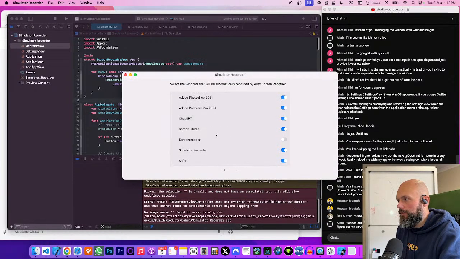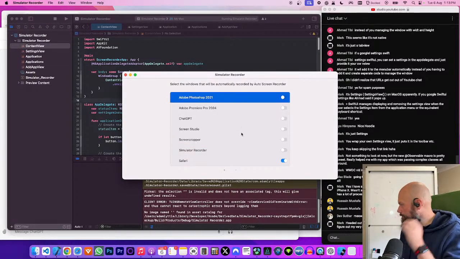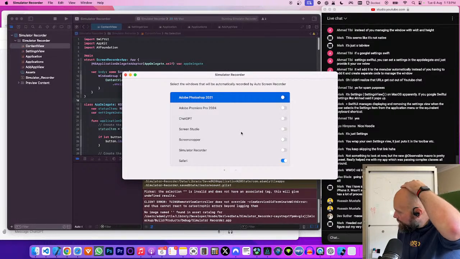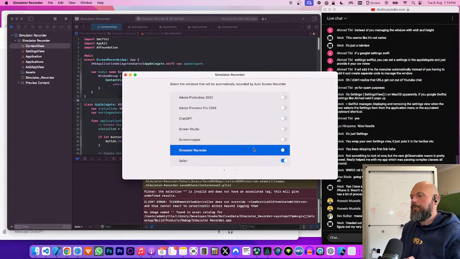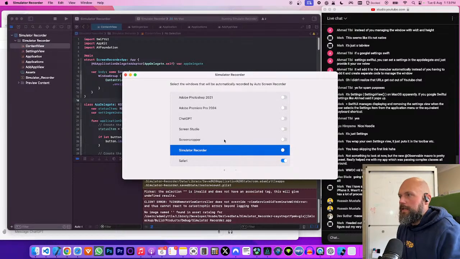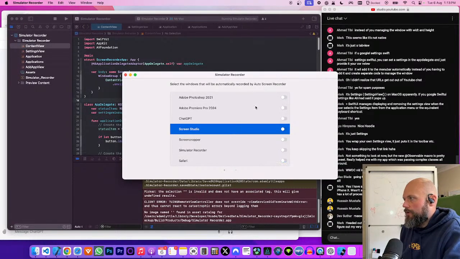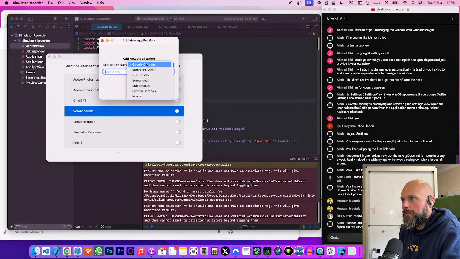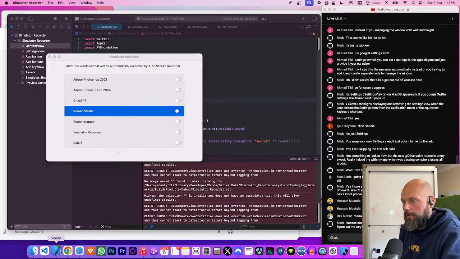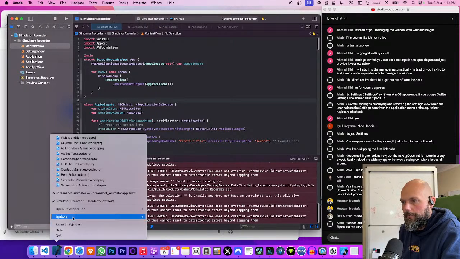Record Safari. Screen cropper. I'm happy with how it's coming along. 1 hour 46 minutes into development of this little area here. And now the next stage is, so I've got a hard coded recording of the screen, hard coded to the simulator. And what I want to do is, so if I load up the